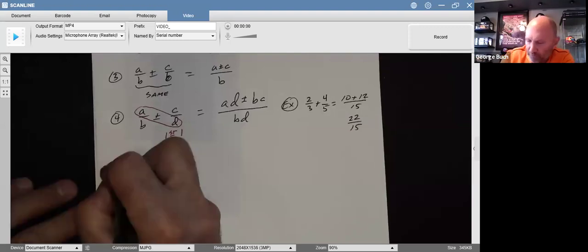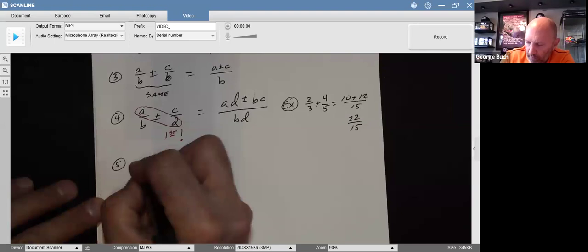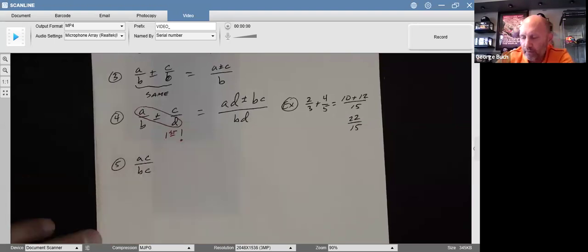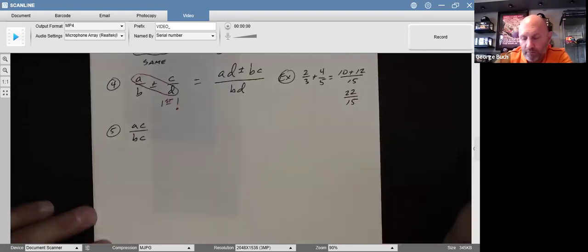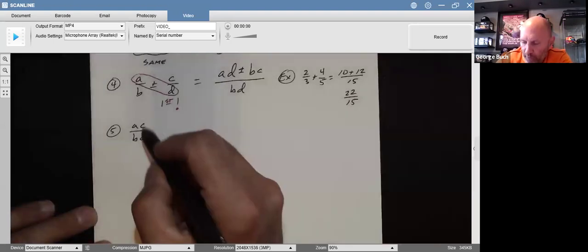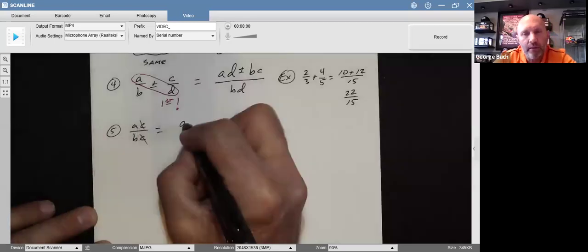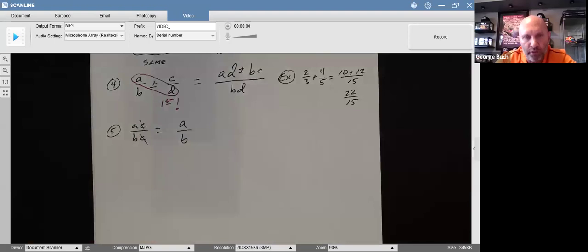We can simplify fractions. So let's say I have A times C over B times C. Well, because I have this common value C, I can cancel that to simply get A over B. Now, what you have to be careful with here, though, is that